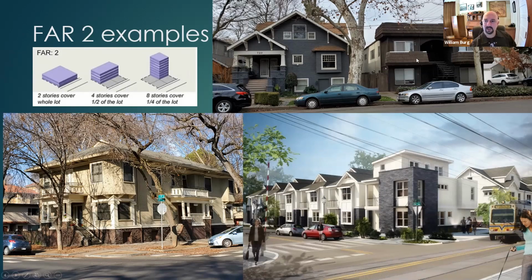On the right, we have the very common Central City fourplex with the mansard roof. And they're not very pretty, but they're a very efficient use of space. They occupy almost all of their lot, and there's 4 apartments, and so it has an FAR of 2. On the lower left, you see another example of that FAR 2 fourplex, in this case, in a little bit prettier design. And then it's also used for modern urban infill.